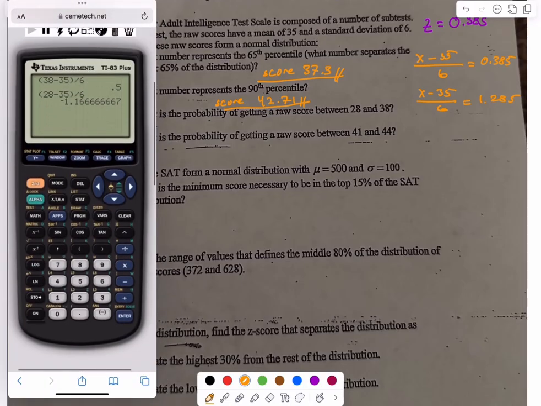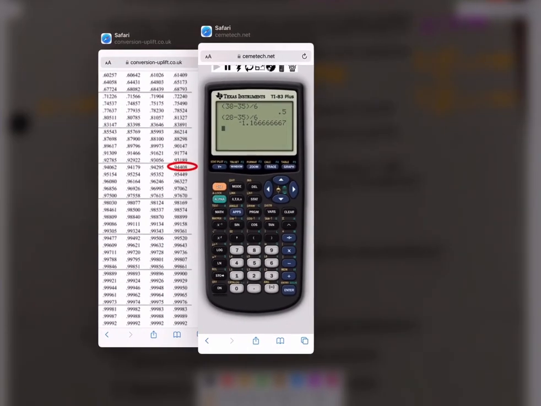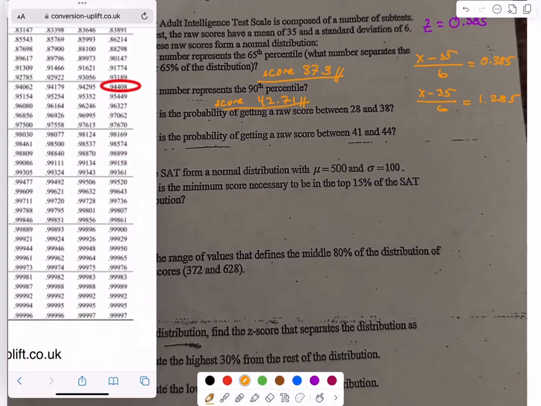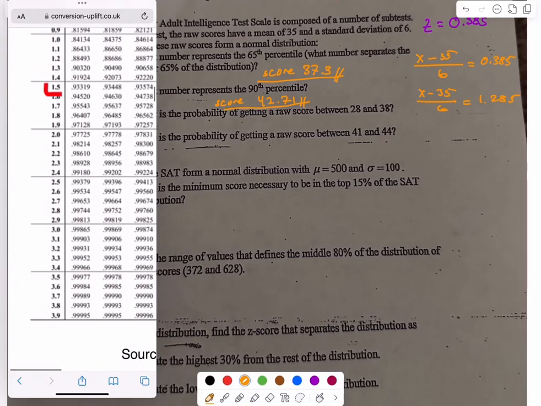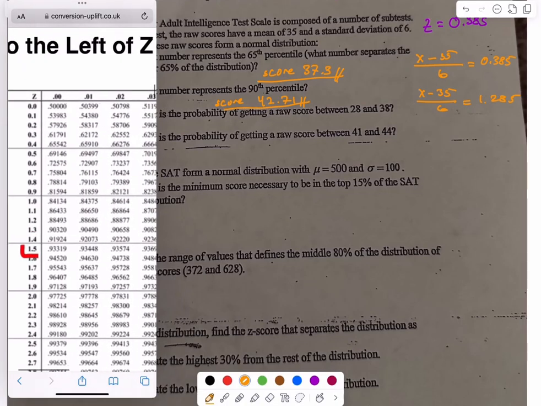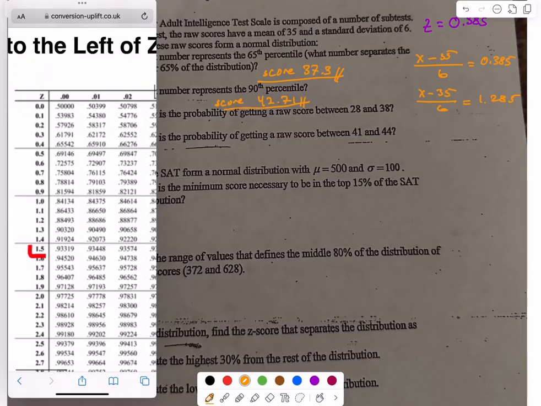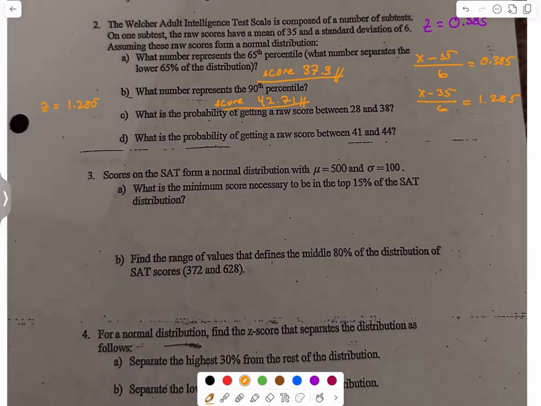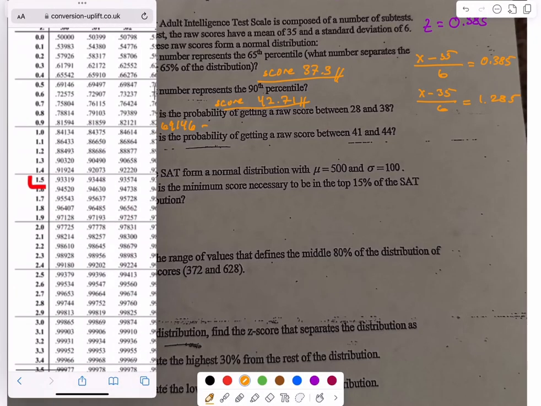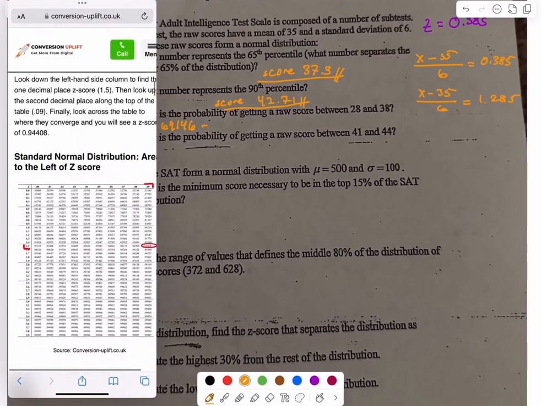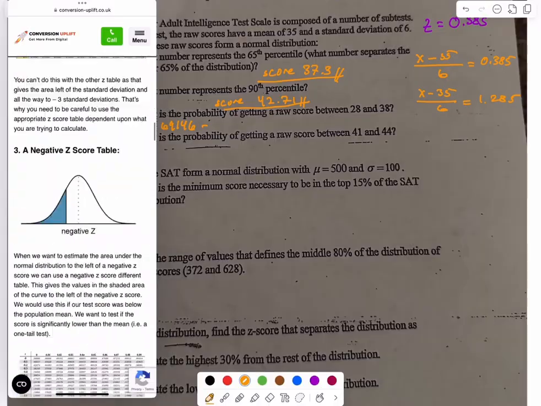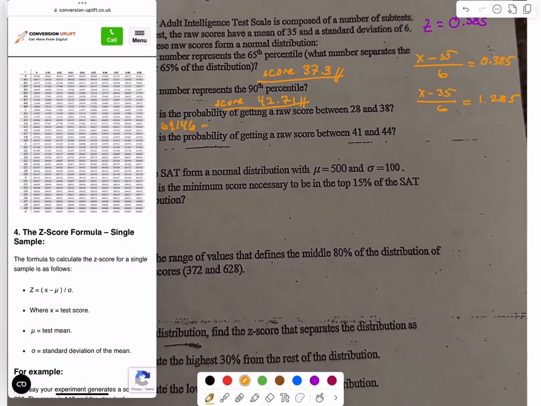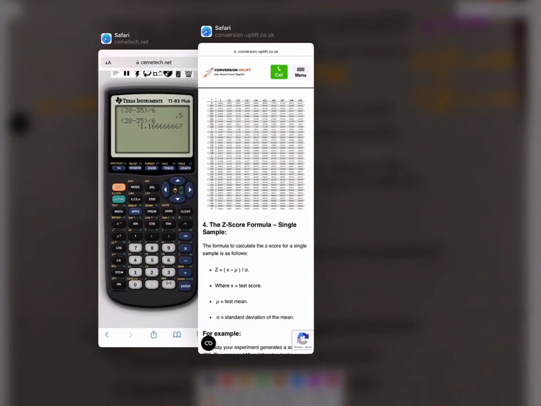Okay, so we need 2 charts. So let's get the percentage from the positive 0.5. So we need the positive z-score chart. Is this the positive z-score? Yeah, 0.5. Okay. 69,146. So we get 69,146 minus. Now we got this negative one, so we need to go to the negative z-score chart, which is this one, negative 1.16 bar,